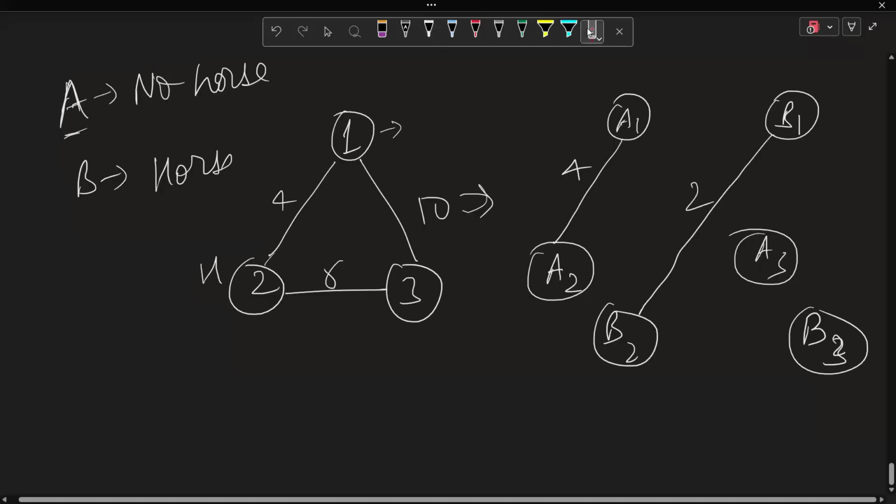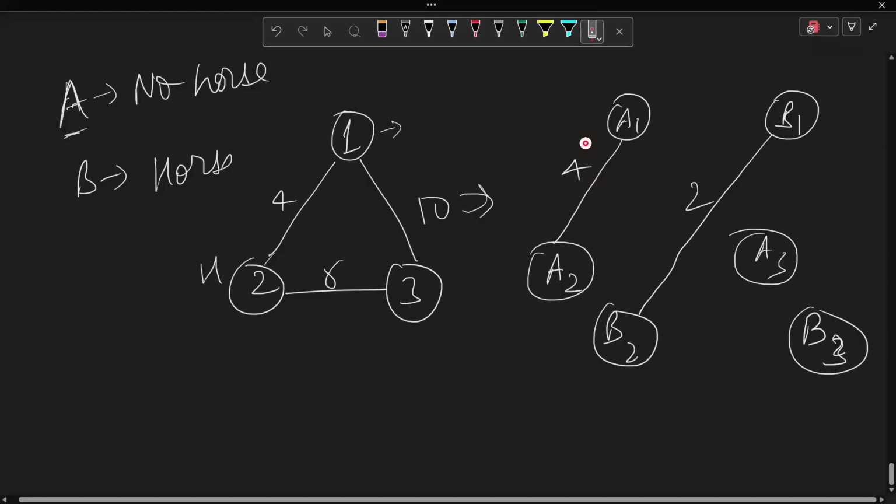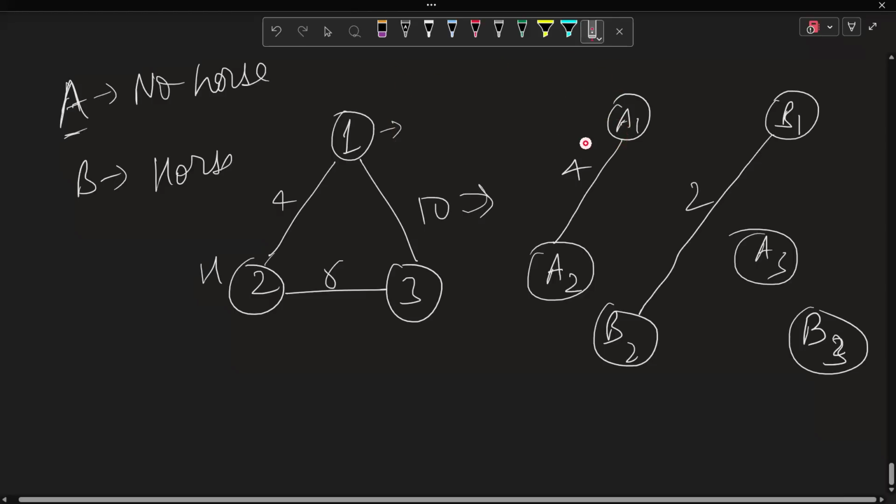So that way you can modify your graph, or just instead of forming a new graph, in the Dijkstra only, you can have an extra parameter along with the node number that you are storing. Let's say storing a node as X, store a pair of X comma 0 or X comma 1. X comma 0 represents that you don't have a horse till now. X comma 1 represents you have a horse till now. Once you have modified it like this, then if you apply the Dijkstra on this, then you would get your